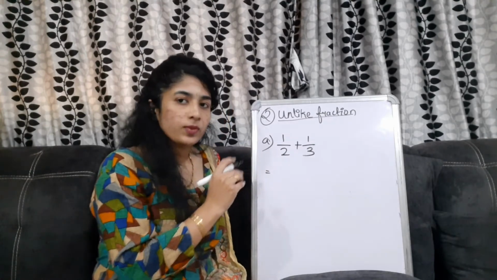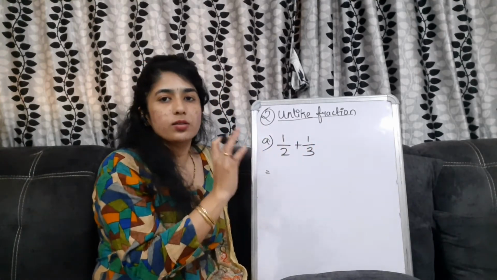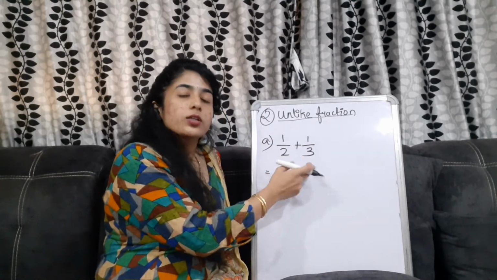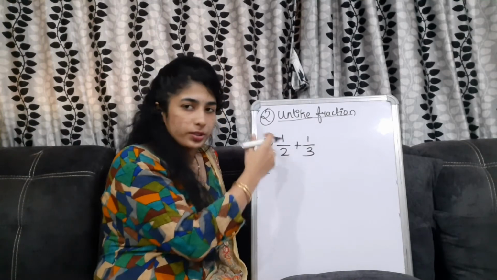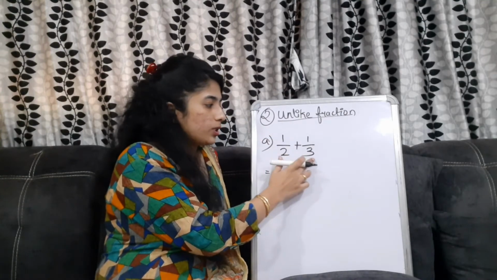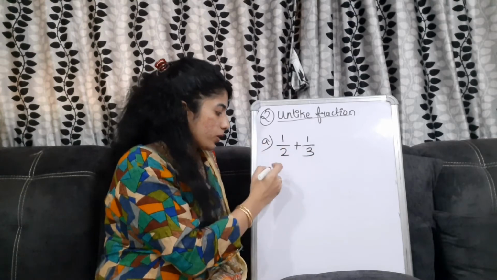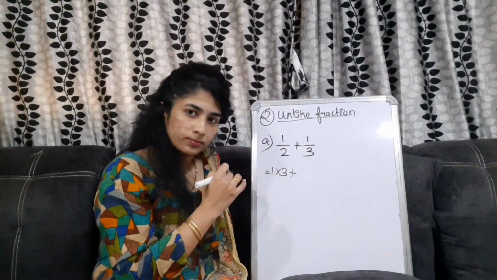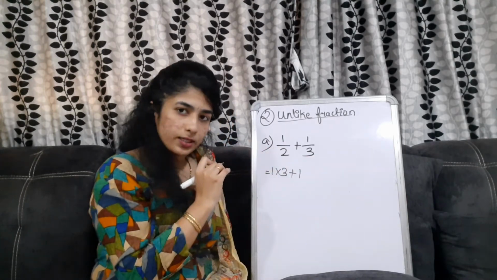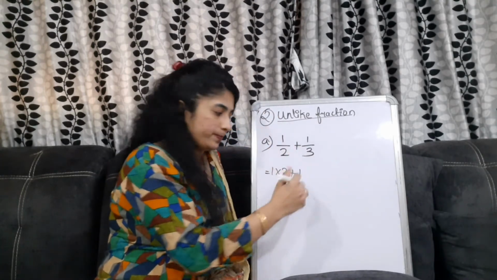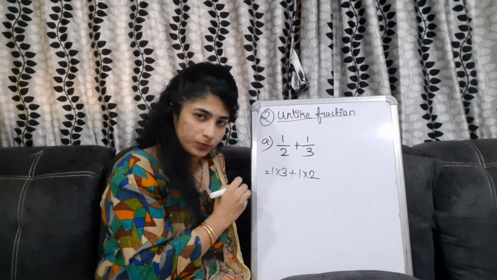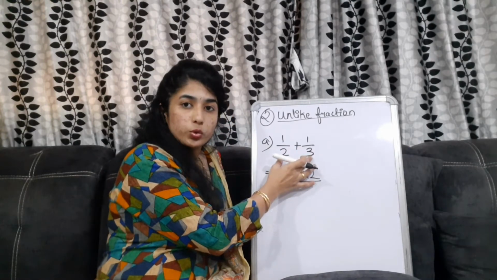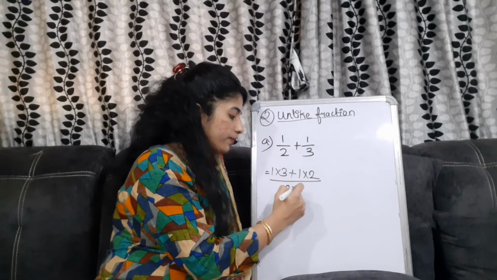That is, you will keep the numerators there itself. You will not change the position of the numerator. You will take the denominator to the numerator. Okay, opposite. Now the opposite of this one is 3. So you will take this 3 to this one. So 1 into 3. Put the sign of addition. This one will remain there itself. You will take this 2 over there. Okay. Whole upon. This 2 and 3 you will multiply.